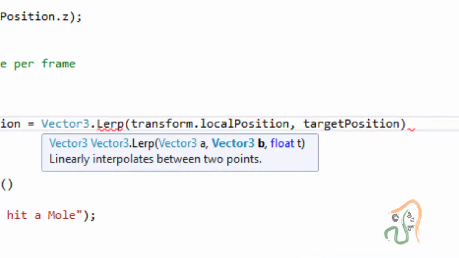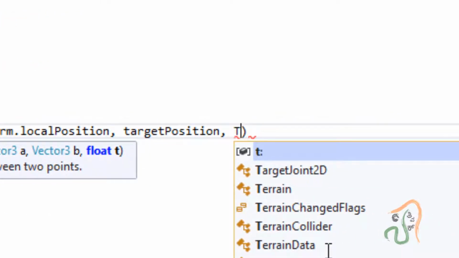So we have set the initial position and the end position of the animation, and the third is the speed of this animation. At what speed do you want this animation to happen? Let us leave it at the regular speed.